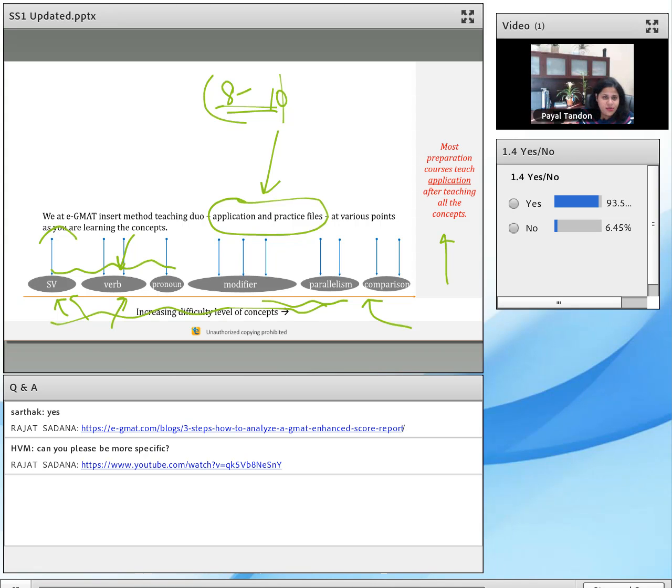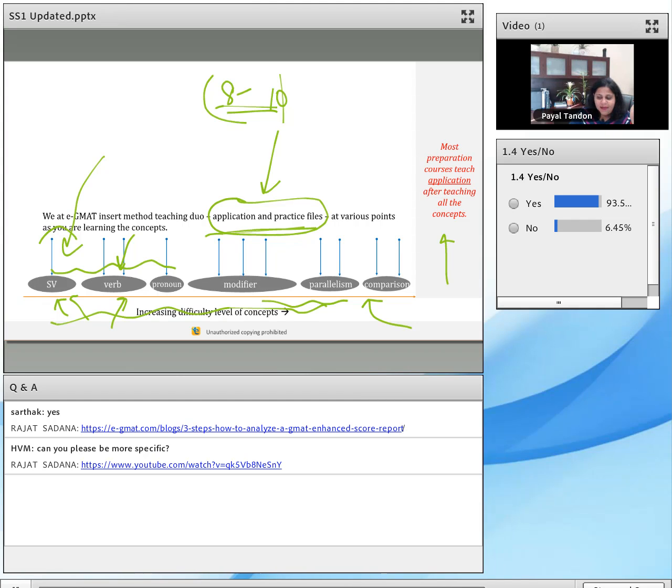Many a times what students do is they go to these forums or they have these long PDFs of questions which are, okay, these are modifier questions, these are parallelism questions, these are difficult, these are easy, but they solve all those questions and these are not really the best collated questions. These may be good questions, these may be from official sources, but are you ready to be able to solve those 700 level questions of modifiers if you are just learning subject verb? No, you're not, right? So you need to have a good curated question bank,